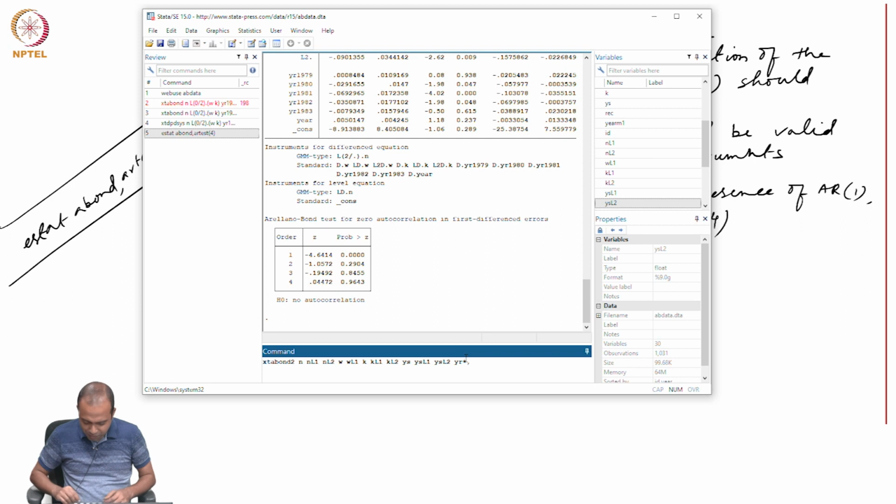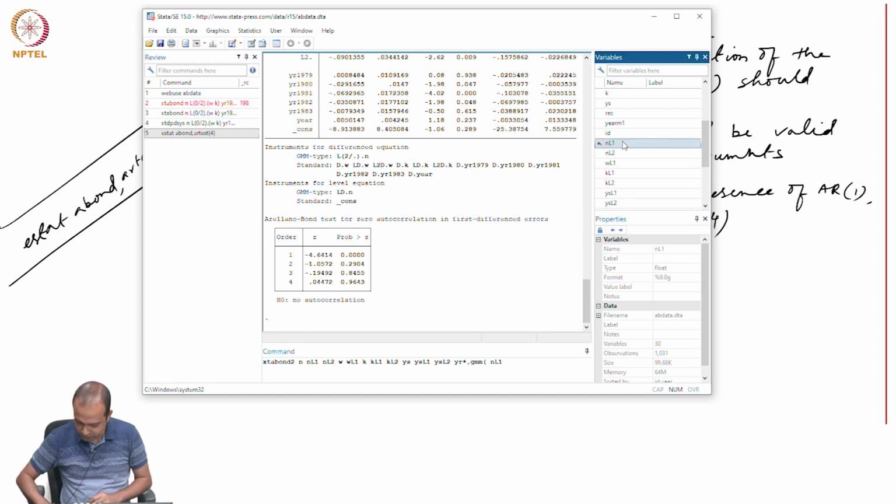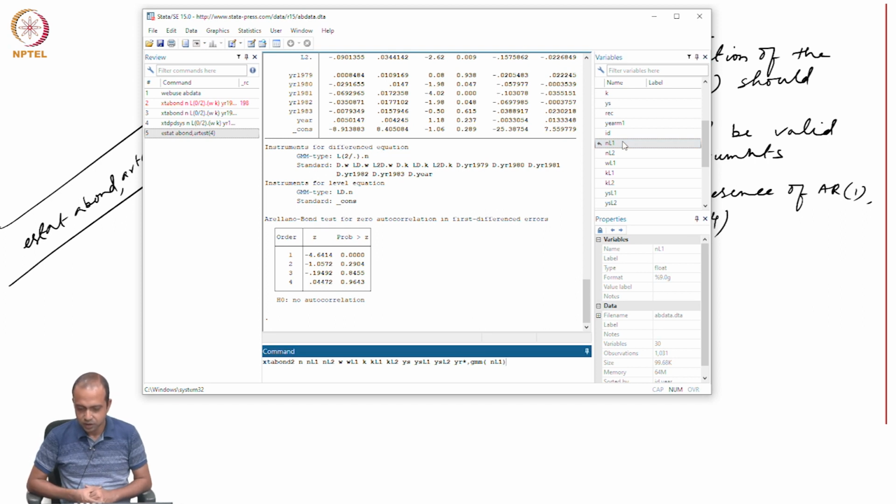So, for my GMM type instrument, I need to specify GMM and then NL1. So, this is my only instruments coming from Arellano-Bond logic GMM type, and then